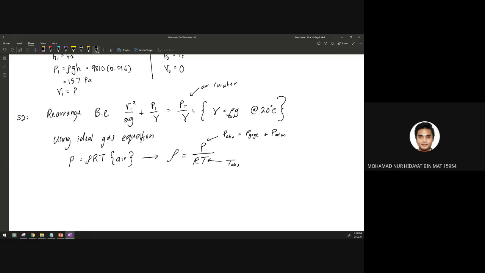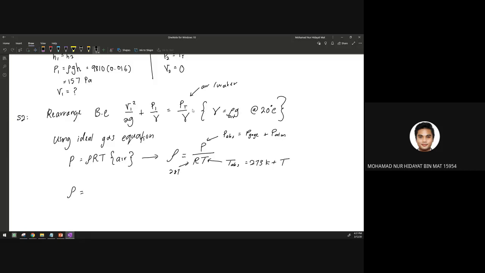Temperature absolute is equal to 273 Kelvin plus the given temperature. R is the gas constant of air, which is 287. So using the ideal gas equation, density equals pressure,